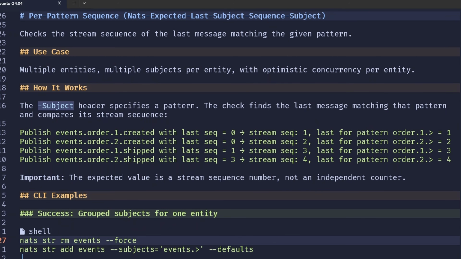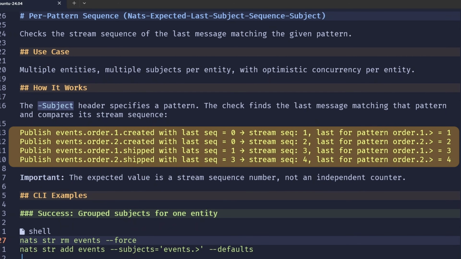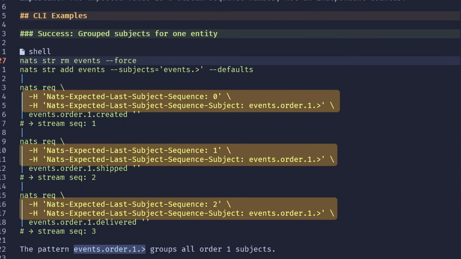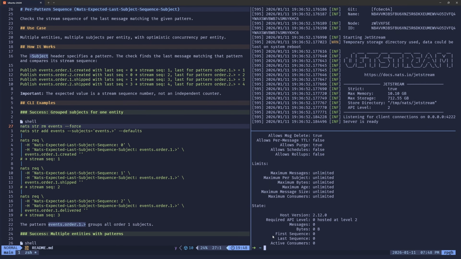So it works very similarly to per subject. In fact, this example is mostly identical, but essentially in this case, we're supplying the pattern. It's not just checking against the subject that we published on. And for this, we're using the last subject sequence header and then the last subject sequence subject header. So really quick, I'm going to show if I group subjects for one entity, it works similar to how global worked. We're using the pattern